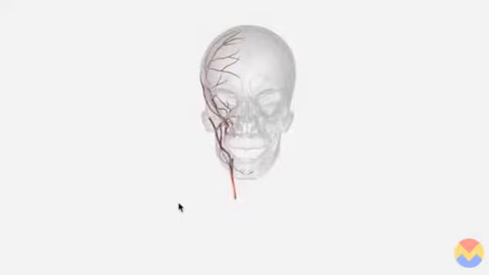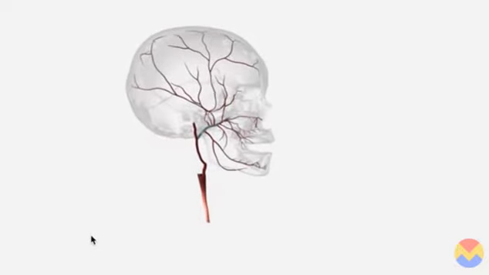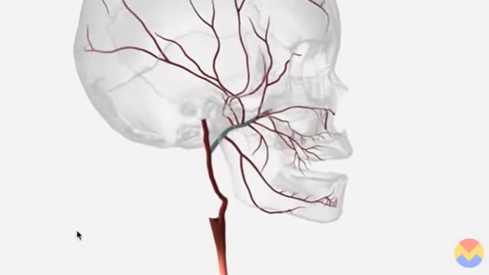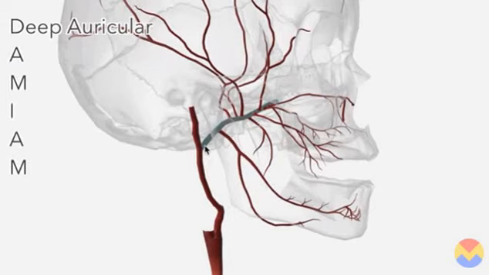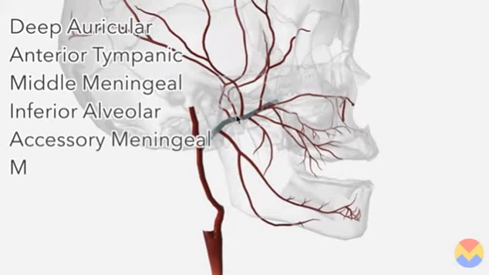To go through these, let's bring in this slightly different version of our model with all of the bones of the skull made transparent. We have the maxillary artery in cyan in the center there. So let's go through our mnemonic. First, we have the deep auricular artery, then the anterior tympanic. We have the middle meningeal artery, then the inferior alveolar artery. We have the accessory meningeal artery,